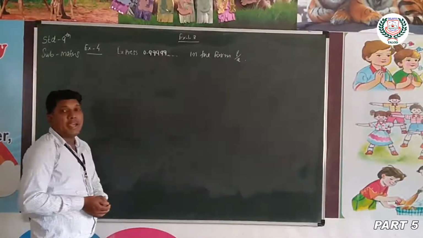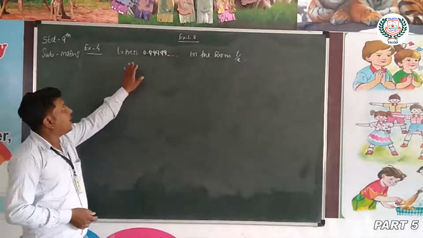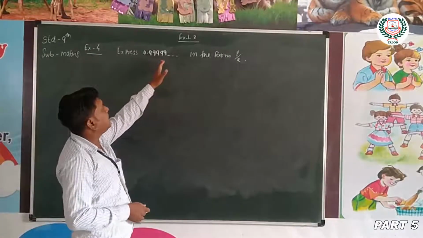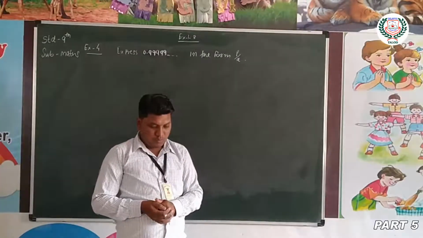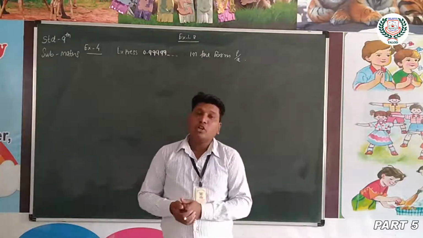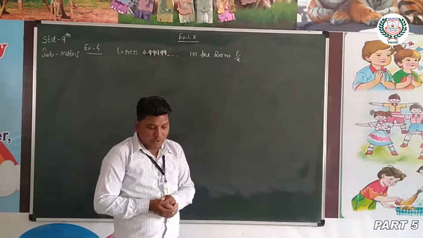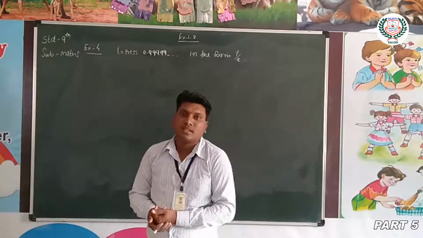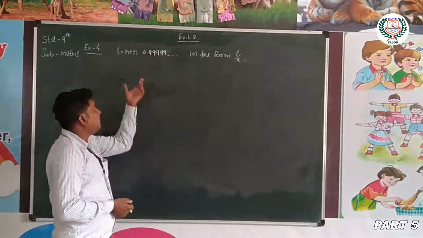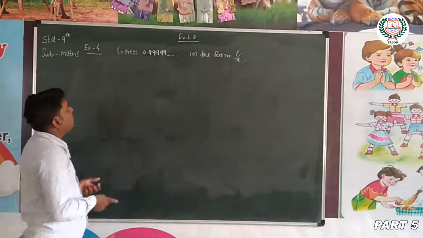Now example number 4: express 0.999 continuously in the form p by q. Are you surprised by your answer? With your teacher and classmates, discuss why the answer makes sense. Look here. In this question, our question is like that